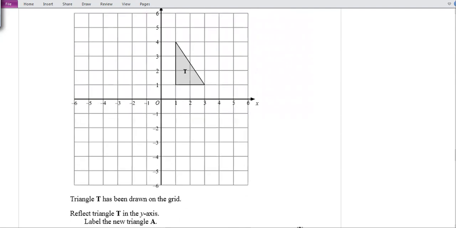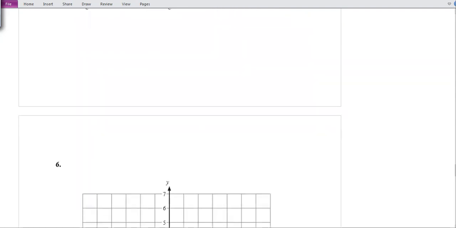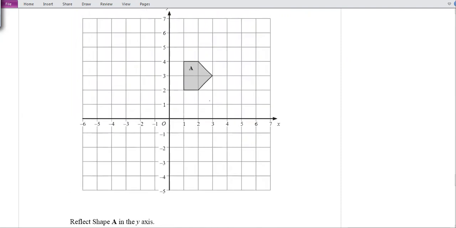This one also is similar. You will try. This time your line of reflection is the y-axis. It means you will make this the mirror. This one also you can name A, B, C, D, E, and do the reflection in the y-axis. How? A is one step, so on the other side one step. E is also one step, so on the other side one step. D is 1, 2 steps, so on the other side 2 steps.